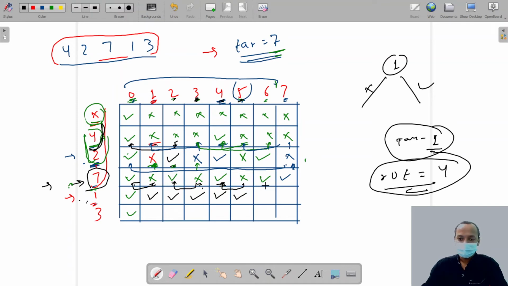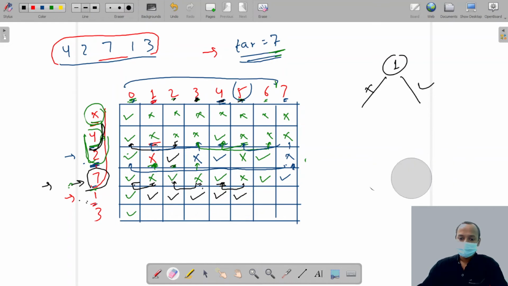Okay. Now the target is 6. So we ask the rest of the team, can you make 6 runs without me? They say yes. Then we again ask, can you make 7 runs without me? They say yes. So we simply write true in the last row.